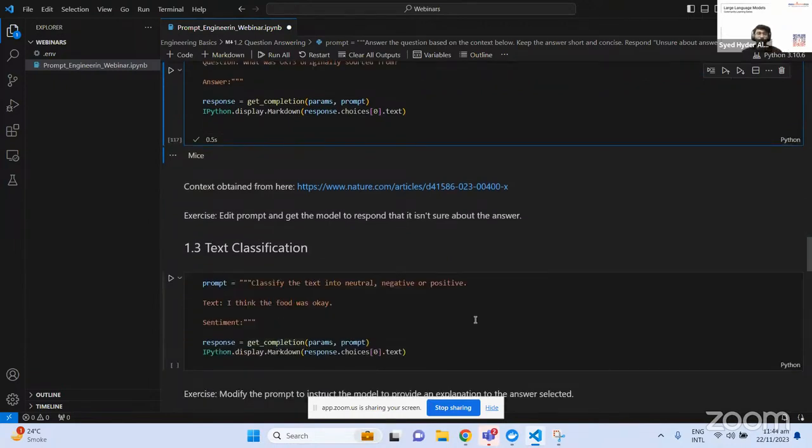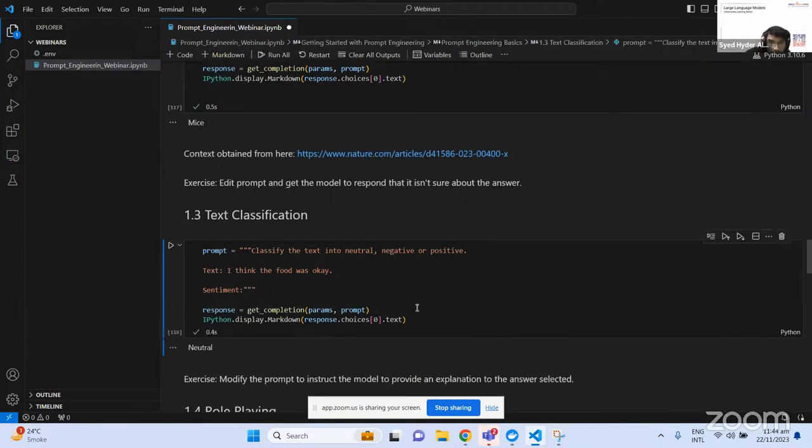The other use case was text classification. So now you could see that it was neutral, or we could say the food was... you could see that now it actually got that negative, because it knows the sentiment.